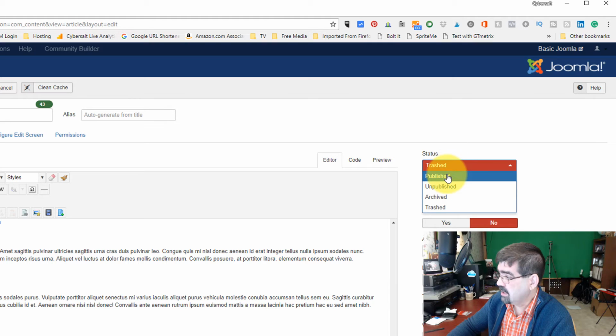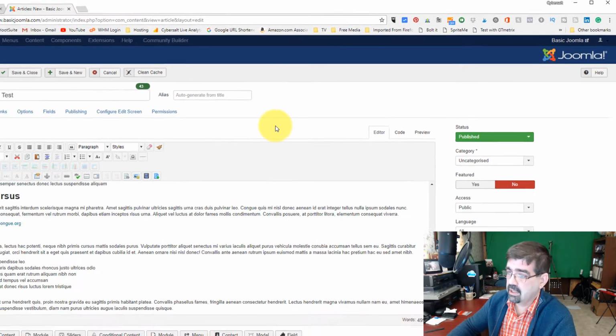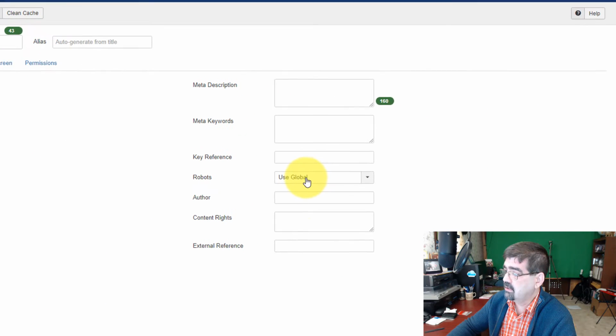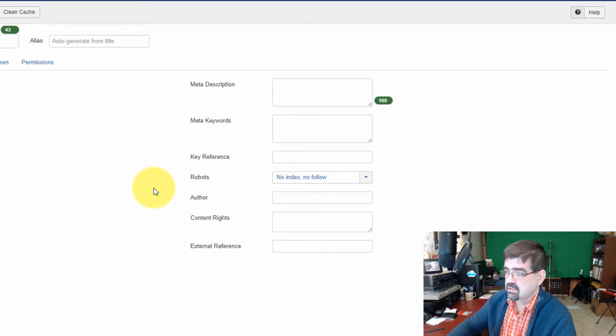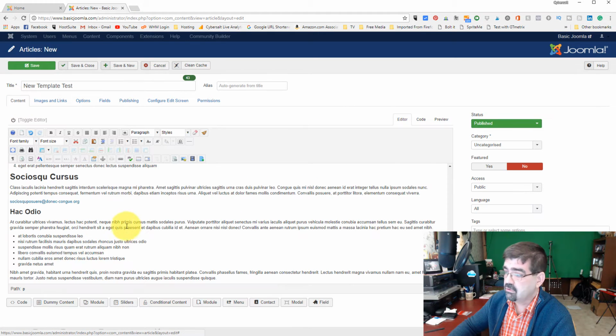I'm going to make this published, but I want to make sure that search engines, at least the ones that pay attention to robots.txt, don't pick this up when they're by the site, because remember, this is a live site. So go to publishing, and I'm going to go to robots, and I'm going to go no index, no follow. So that will hide this page from the better search engines. Some search engines don't pay attention to those things. Basically, so we have this new template here, this new article, and we're going to save,